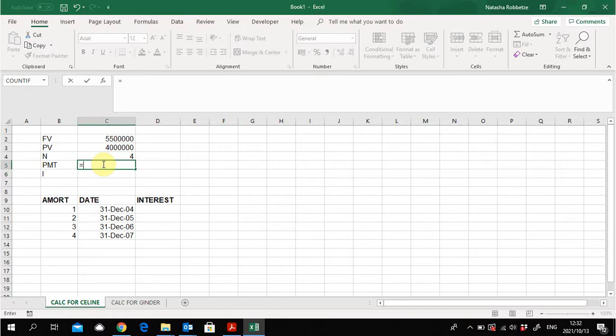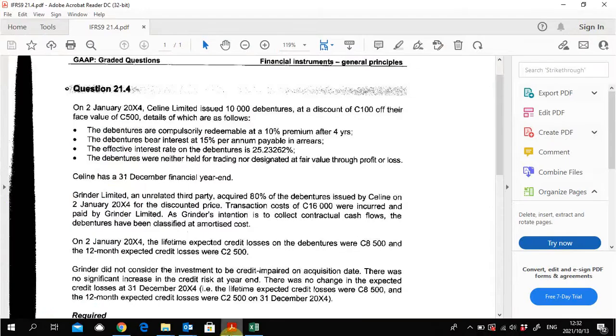So here we're going to say there's 10,000 debentures. The face value or the future value is 500. And we are going to times it by the actual interest attached to the debenture, which is 15%. Then we can calculate the I, and now in this question we can go and cross-check if this 25% is